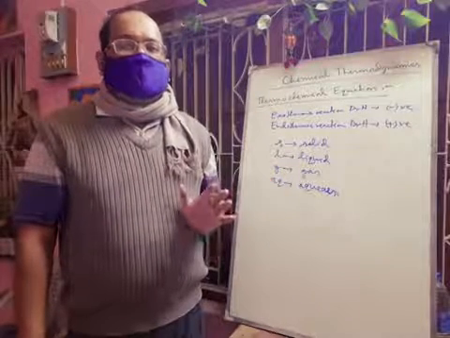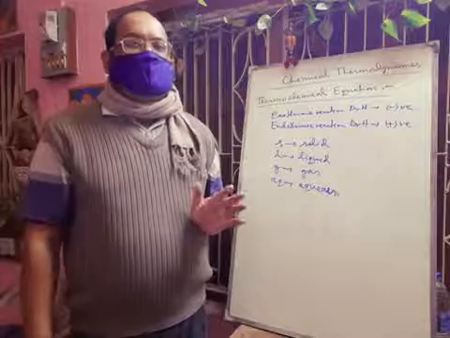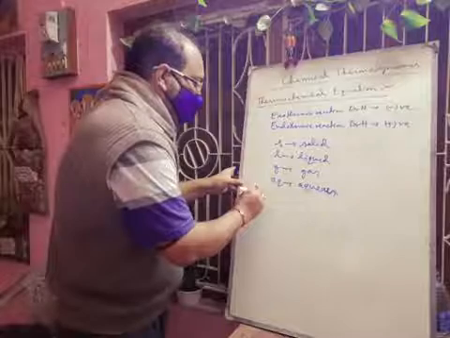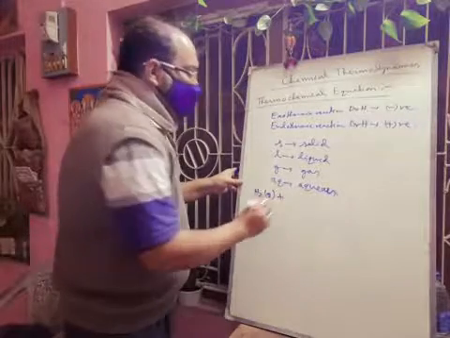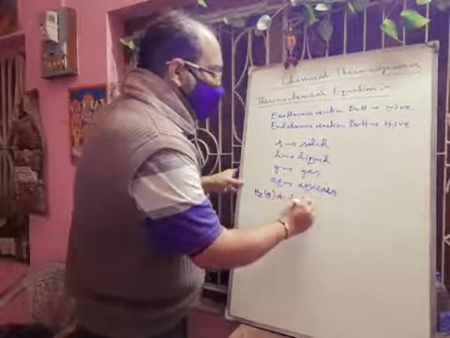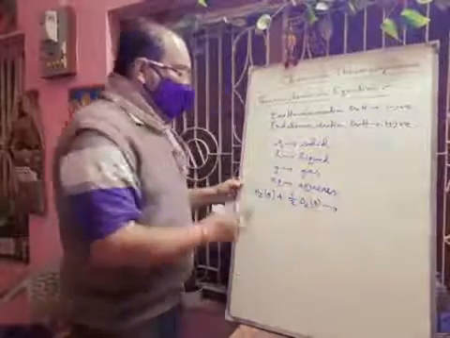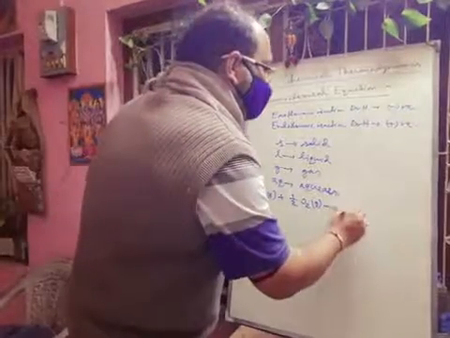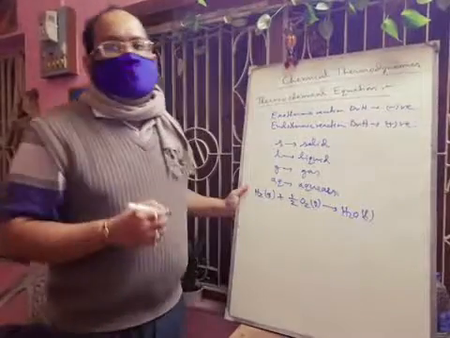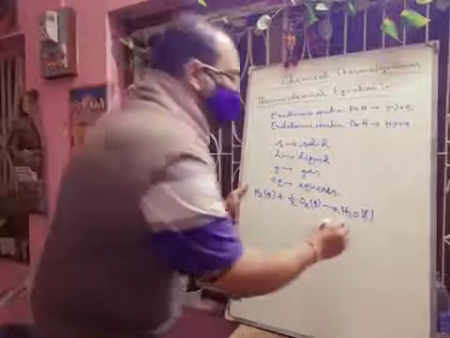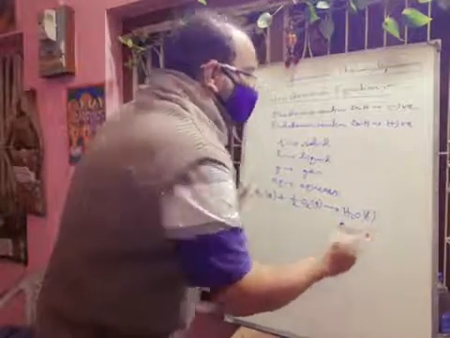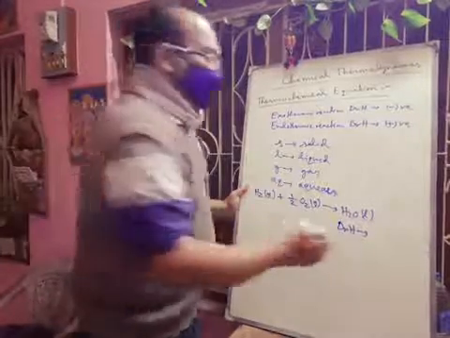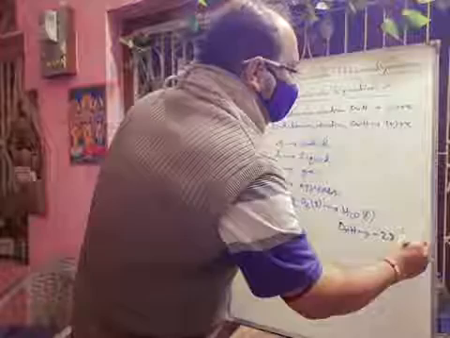I will give you examples so that you can understand. Suppose hydrogen is combining with oxygen. Hydrogen is in the gaseous state, and it is reacting with oxygen, which is also gaseous. By combustion of hydrogen and oxygen, there will be formation of water. Here the state may be liquid, L. In this case delta RH is exothermic in nature, and its value will be minus 286 kilojoule per mole.